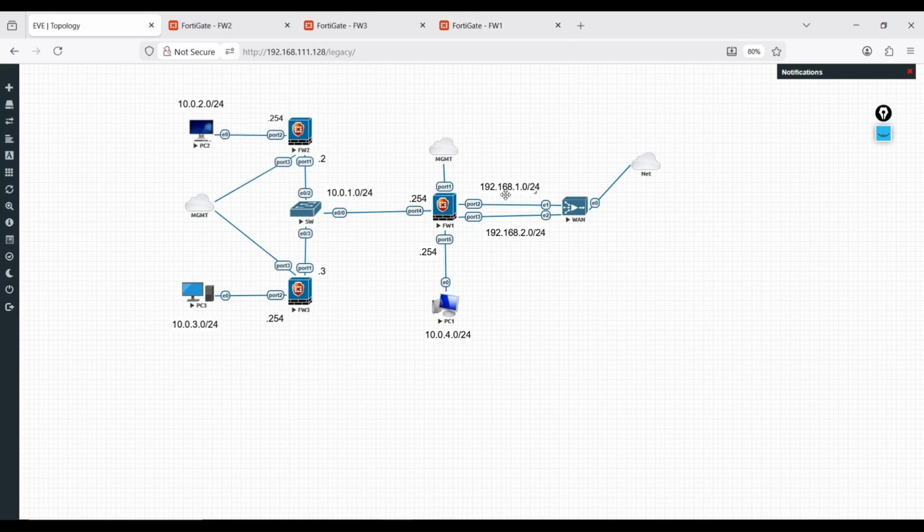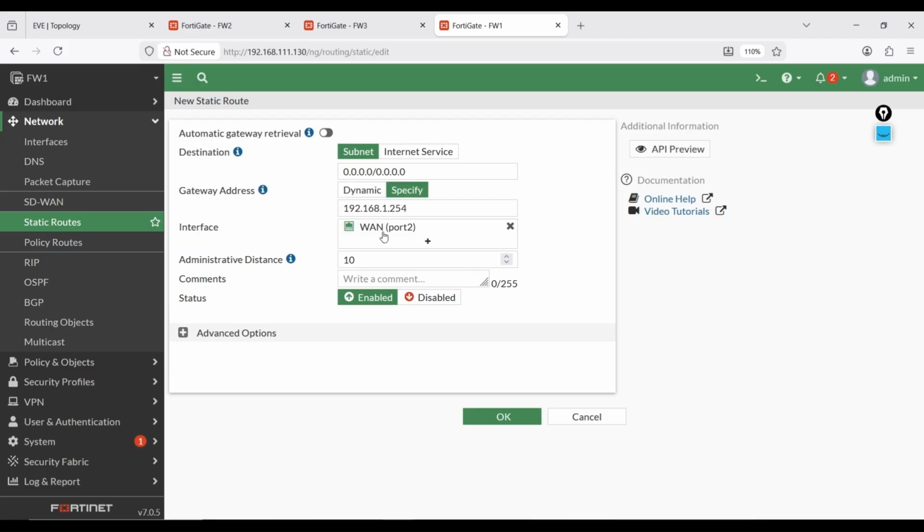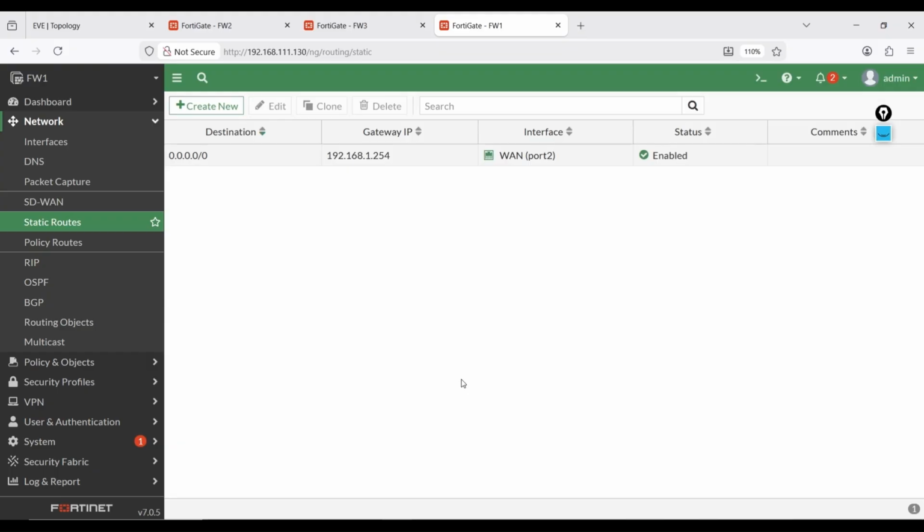You can see here it's 192.168.1.0/24. So 254 is configured on this internet router, and dynamically our firewall is getting its IP through this subnet. So I am configuring the ISP interface IP here, 192.168.1.254, which is WAN 2. Just click OK, and that's it.